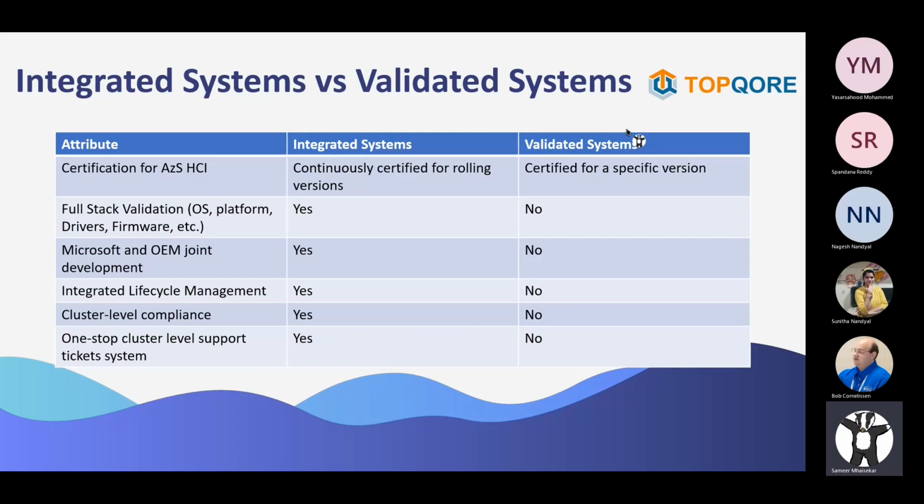These OEMs and Microsoft have a joint engineering effort to deliver the best operating system that is possible. That is not the case for validated systems, again, right? So you only get what you get certified for one particular version. The rest of the things are on you. The other big, or the most important, thing that differentiates between these two models is the one-stop cluster level support